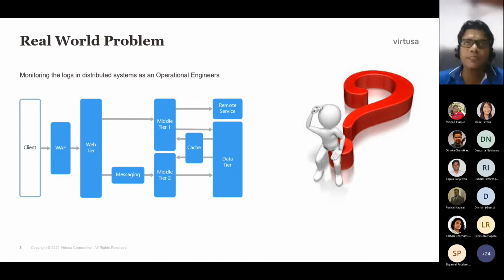So logs are used for issue debugging, and we can also use them to identify predictive issues, issues that have not happened currently but might happen in the future.